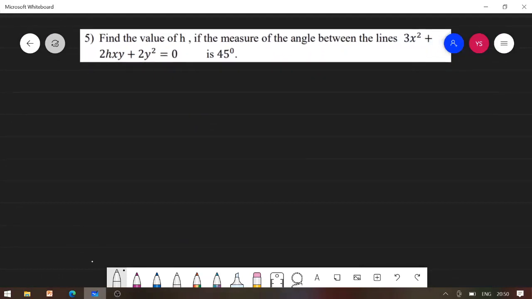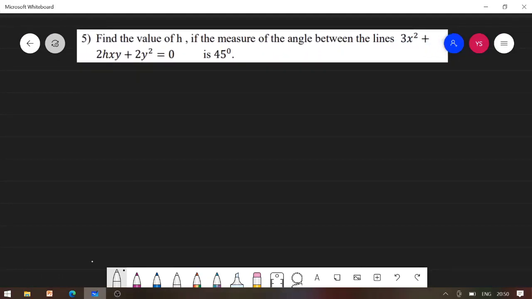Look at the next question we are having. Find the value of h if the measure of the angle between the lines 3x² + 2hxy + 2y² = 0, whose acute angle we have given as theta, is 45 degrees. So on comparing with